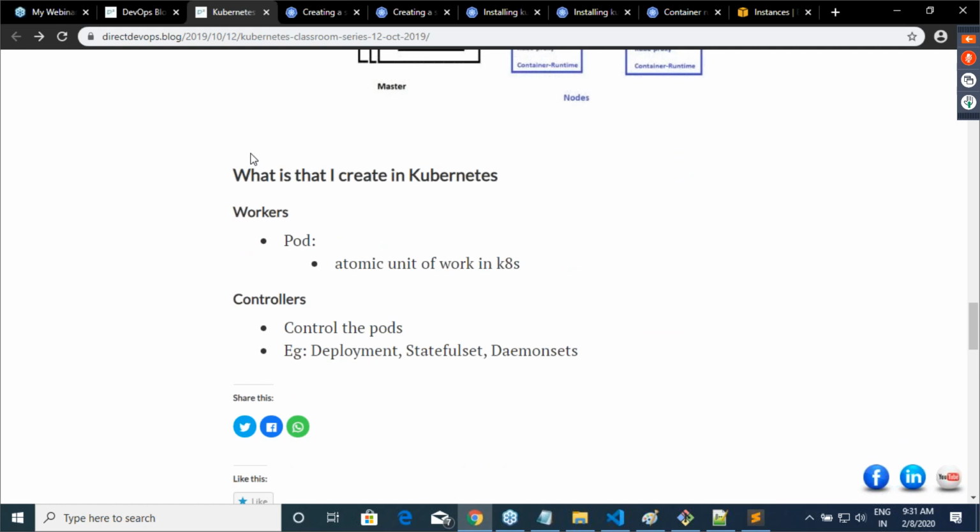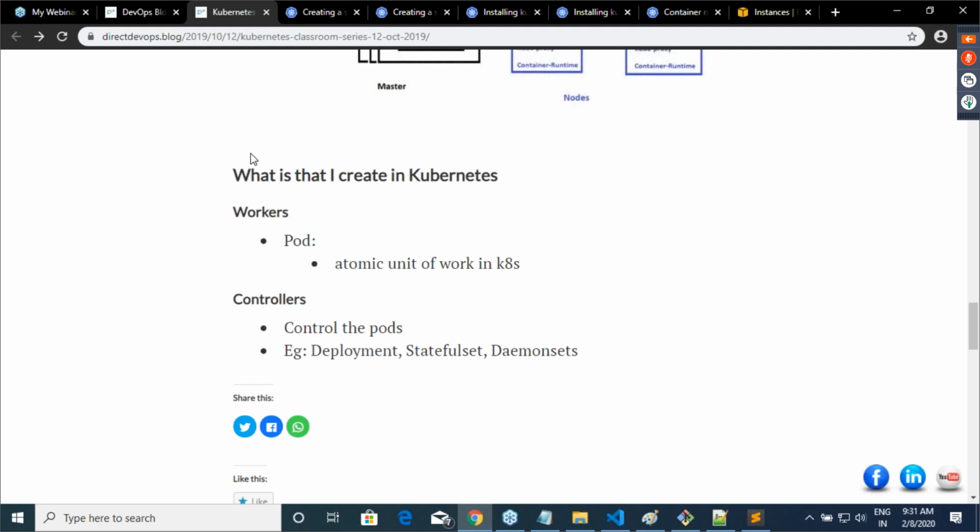In Kubernetes, generally, you will create two kinds of units. One is a worker, the other is a controller. The worker is who does the work. The controller has the capability of making it self-healing. If you run the worker directly on Kubernetes and it goes down, it will not automatically self-heal.